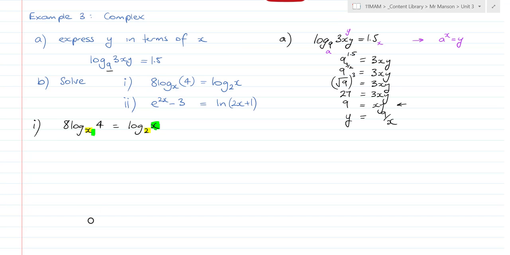Some things we could do is we could change this so that we've got log of both, writing that as log base x of 4 to the power of 8 equals log base 2 of x. Now there is a chance that we could change the base of one of them. So if we wanted to change to an additional base, so for example this log base x, and you remember this hopefully, log base x of 4 to the power of 8, I want to write that down as log base 2 of something. Now let's say that I did want to make that change. Well, this becomes